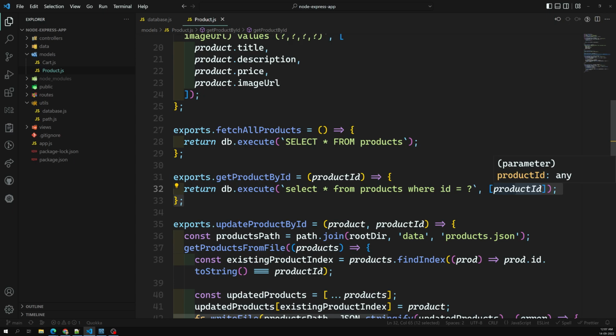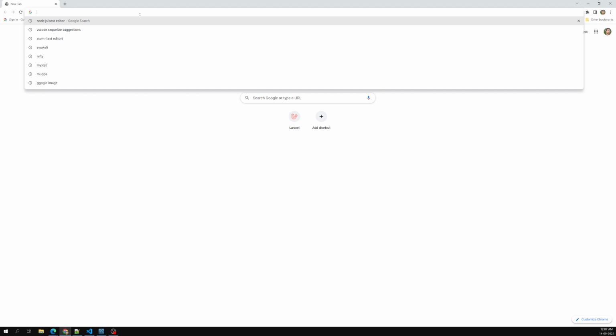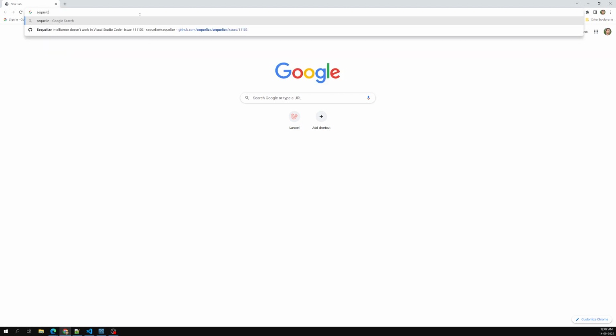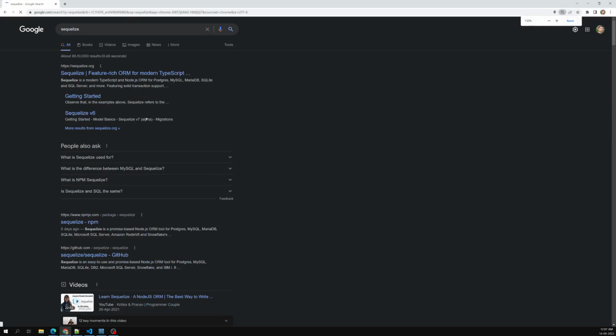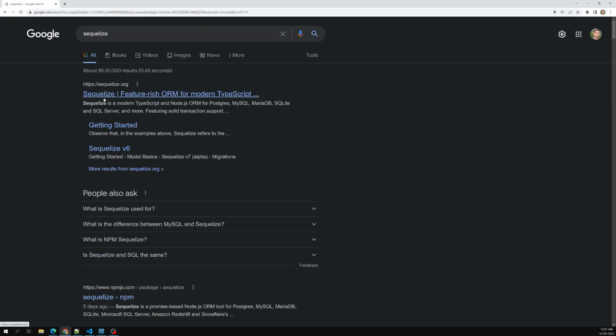The same goes for Node.js also. We have the most popular package called Sequelize. So if you try to search in Google for Sequelize, you will be able to see it. Here if you try to see the definition, it's in the title itself: Sequelize, feature-rich ORM for modern